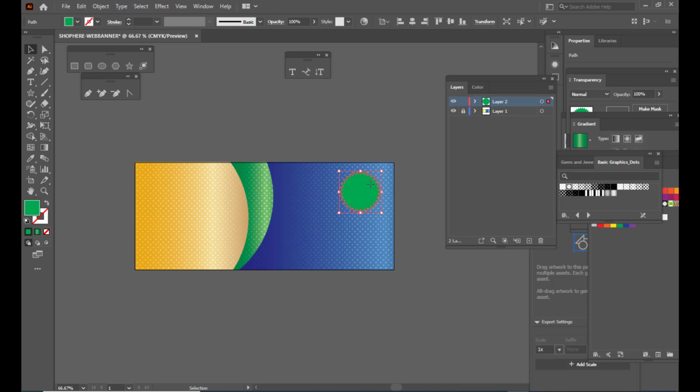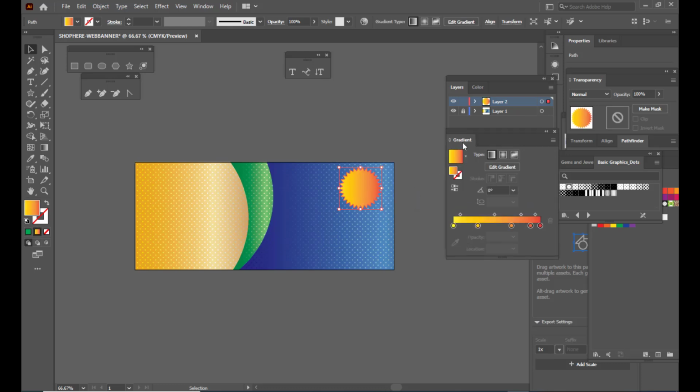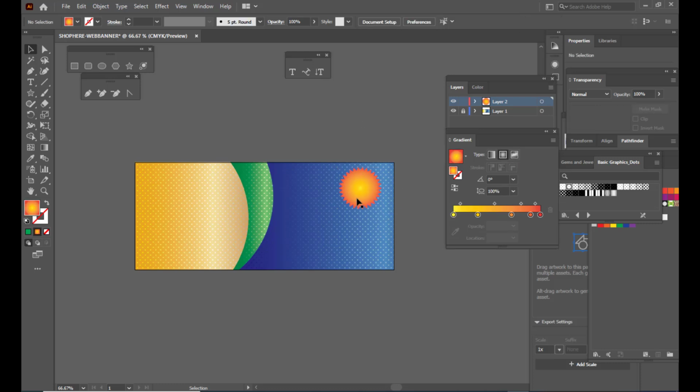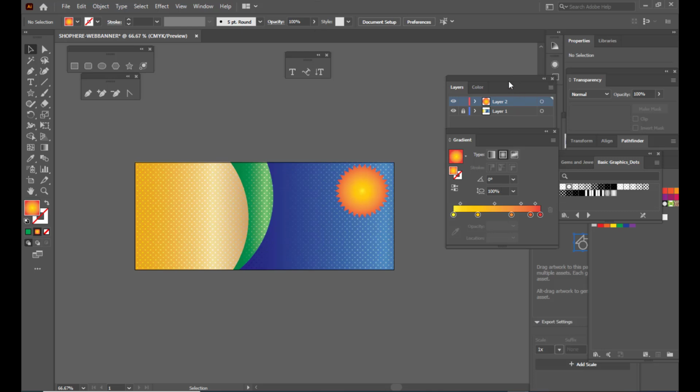Because yellow is the opposite of blue, I will open the gradient panel, and I will apply an orange and yellow gradient, and we will select the radial gradient option. Now it looks nice. So we'll just center scale it.